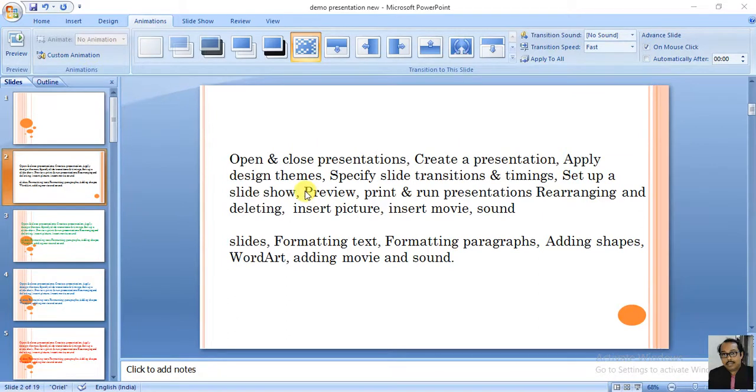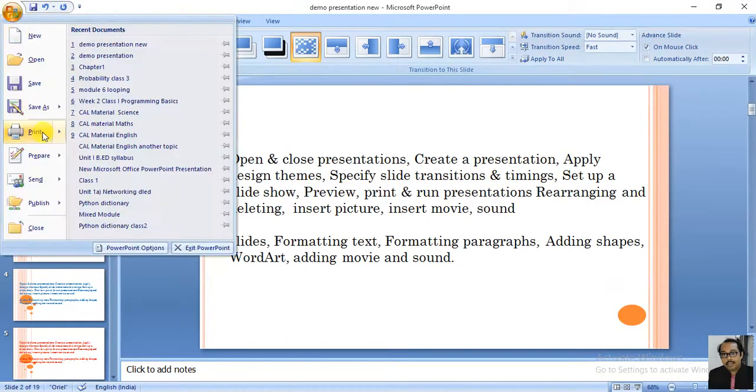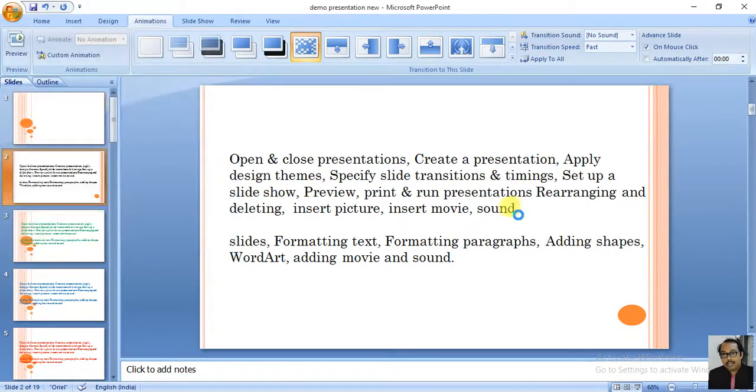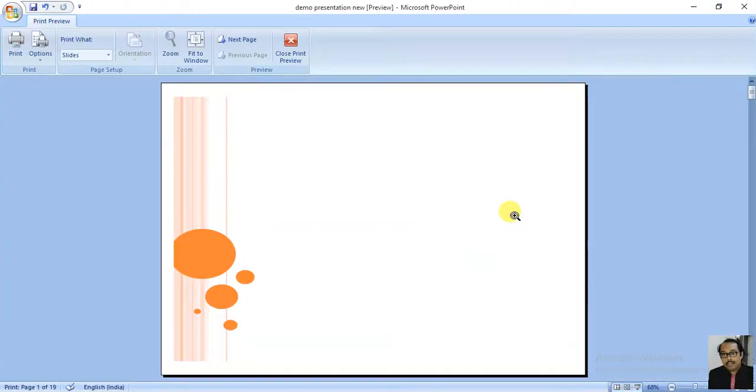So now I am going to teach you preview, print and run presentation. Click here, print, print preview. Most of the slides that you get in your classroom are prepared this way.